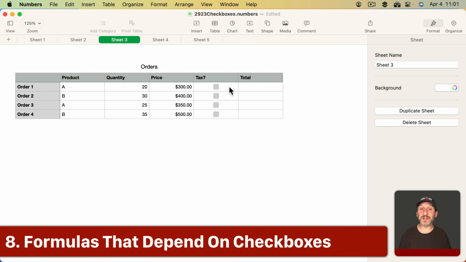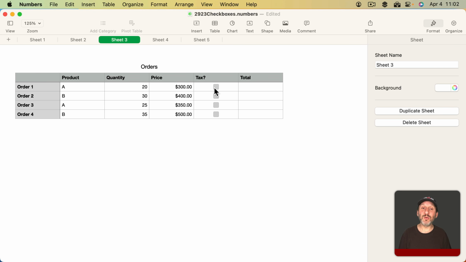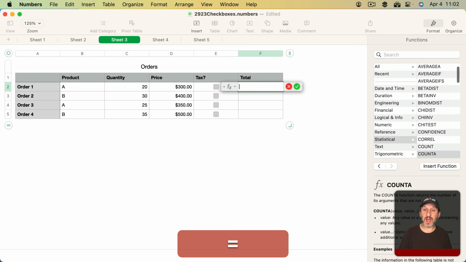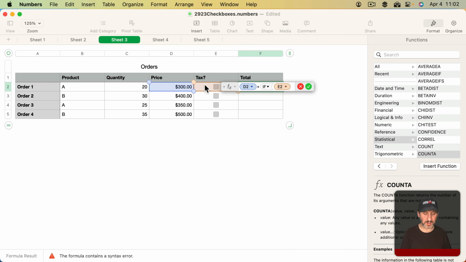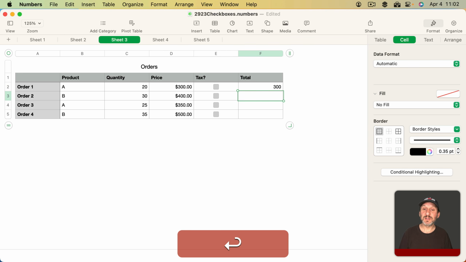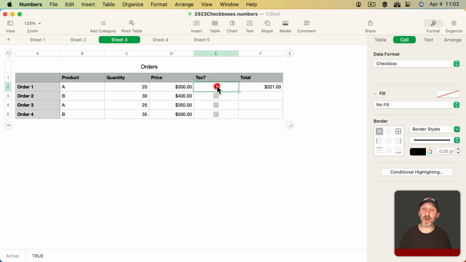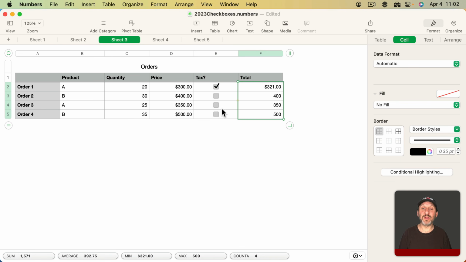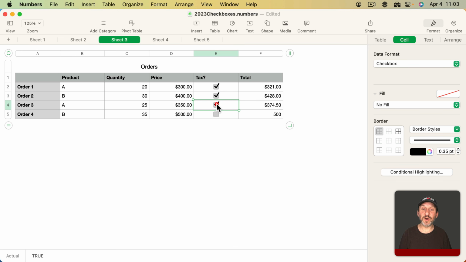You could also control calculations based on a checkbox. So for instance here, if I wanted to get the total price but only add tax if this is checked, I could do that. I could create a formula here that takes the price, adds, and then uses an IF to say if this is true, then add tax, which would be the price times some number. So 0.07, 7% here. Or 0 if not checked. So now you can see it's 300, but if I check this box, you can see it's 321, plus 7%. Then I can copy and paste this in all of the rows there,